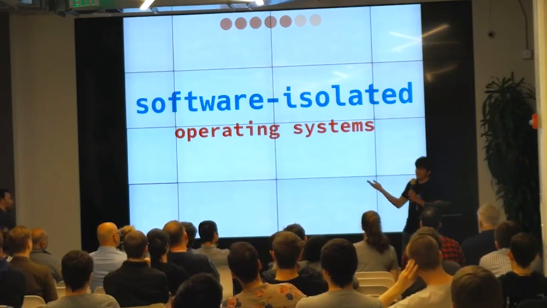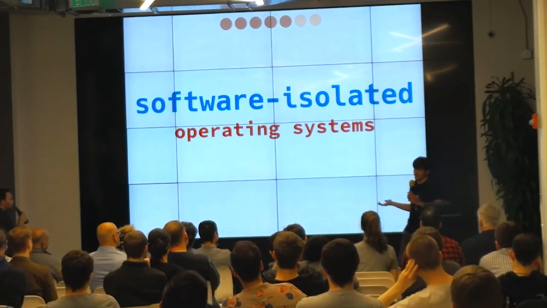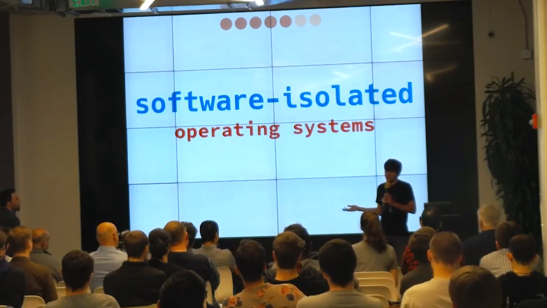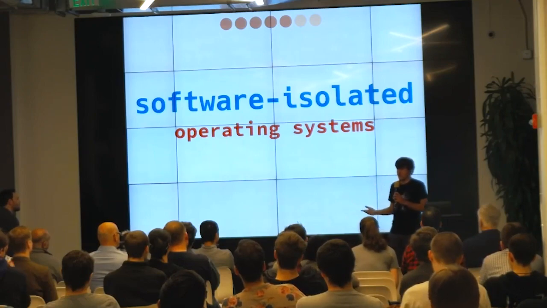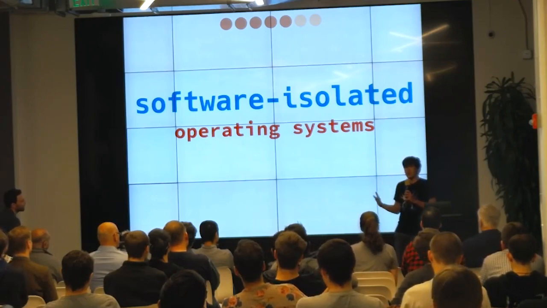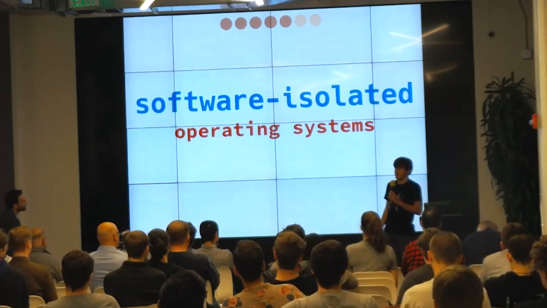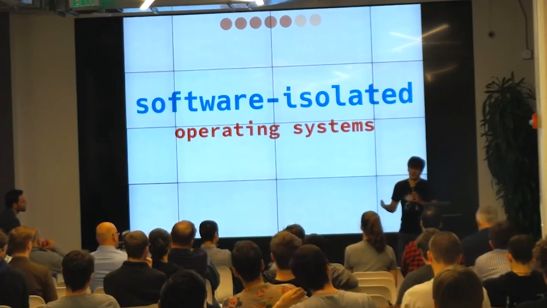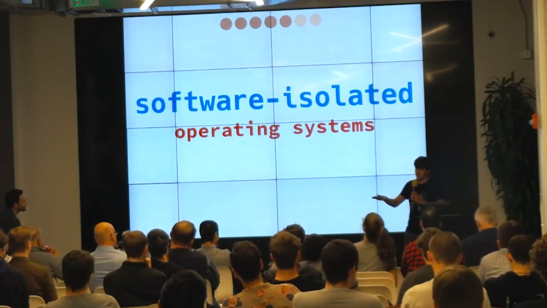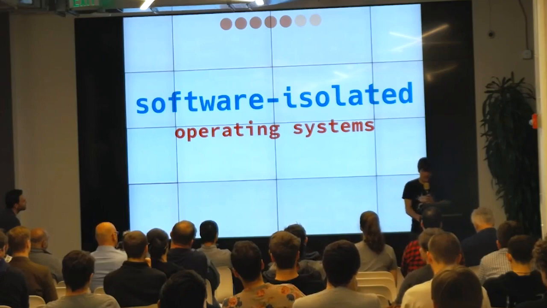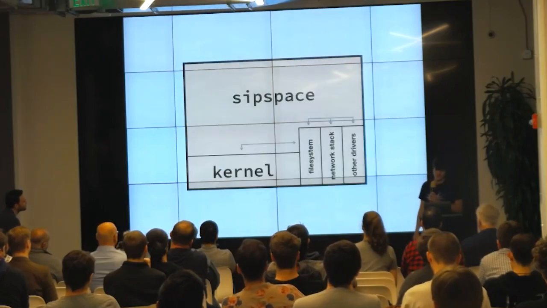Singularity OS was this Microsoft Research operating system from like 2005. They wrote the entire kernel in C#, the entire user mode in C#. Everything ran in kernel mode. Super cool. A lot of Nebulet was kind of inspired by Singularity OS. It's too bad it kind of got canceled. And it turned into Midori, but that also got canceled. So Nebulet is a software isolated operating system, so to speak.